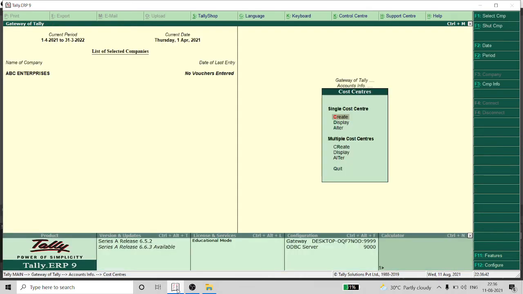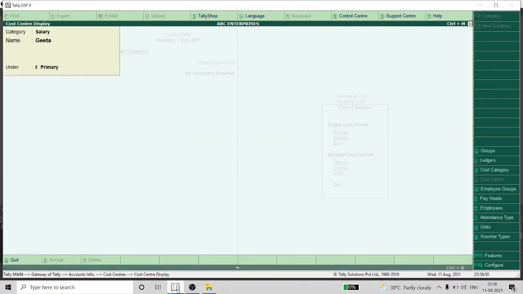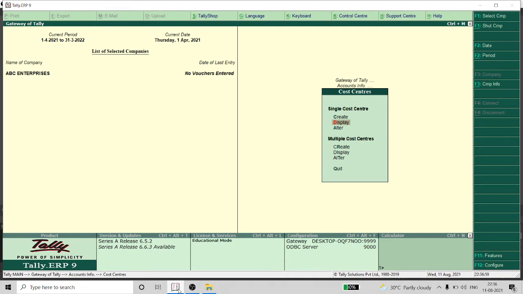To see the cost centers you have created, you can go into the display and here you can see them. If you want to do the alteration, you go to alter.